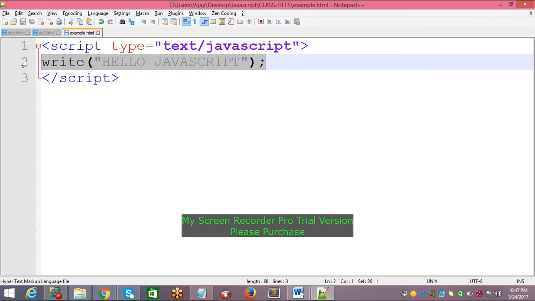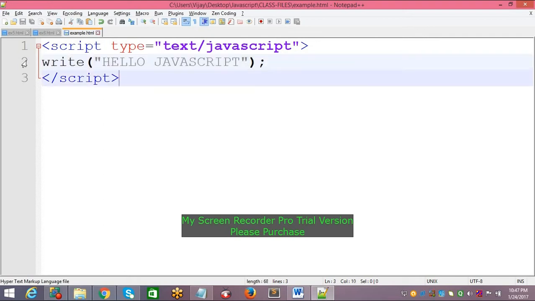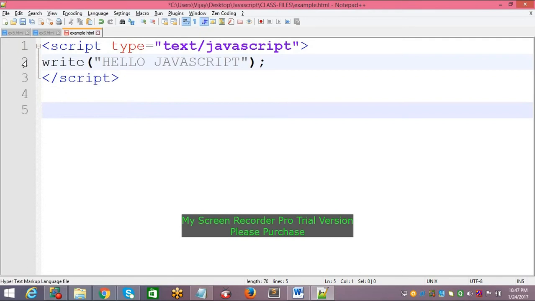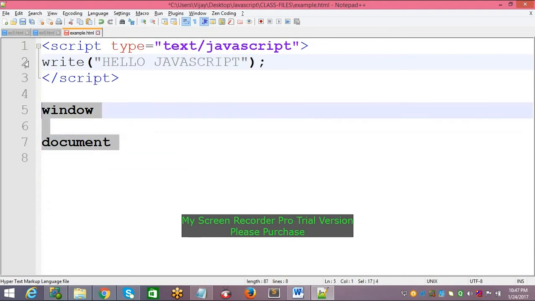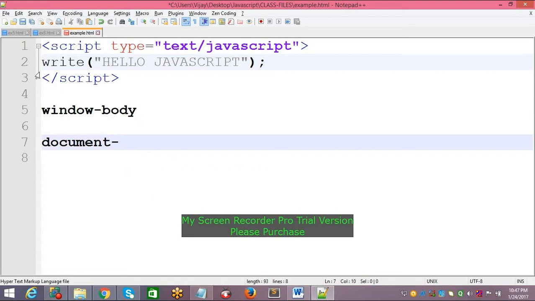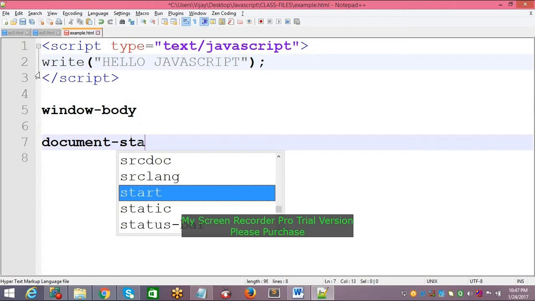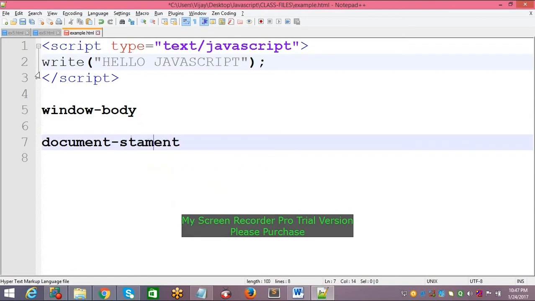See this example. What JavaScript objects are available? Many JavaScript objects are available, but among them the most popular predefined JavaScript objects are window and document. In an HTML page, there is a body, and the document is the statement, that is the result statement.